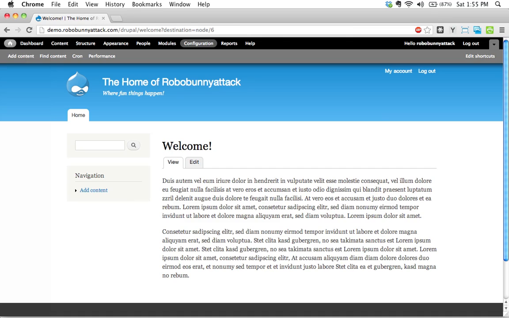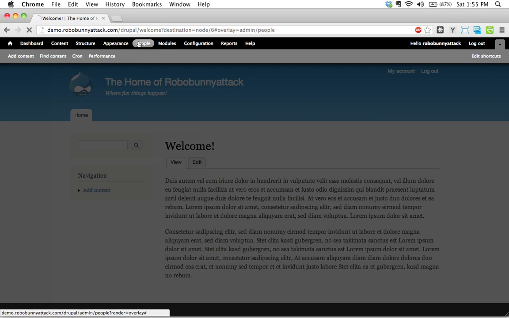Welcome back. Today we're going to talk about how Drupal classifies and manages users and user roles, and particularly what is a user role. So let's start by clicking on the People menu up here,